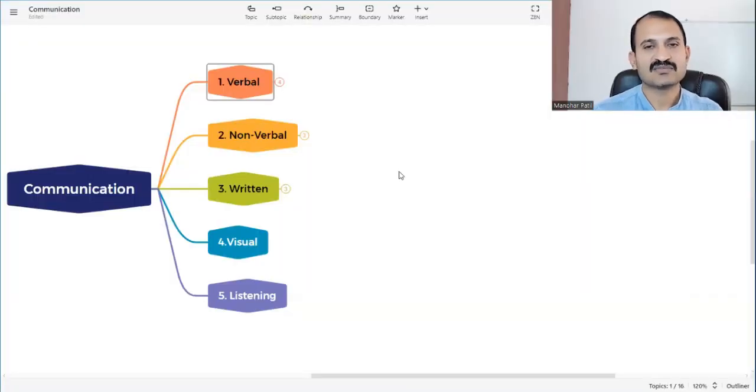You can see on the screen there are 5 types of communication: verbal communication, non-verbal communication, written communication, visual communication, and listening communication. Verbal communication, we all know, is the most used way of communication in daily life. Whenever we talk to someone, whenever we want to express ourselves, share ideas or feelings, we use verbal communication. There are also 4 types: